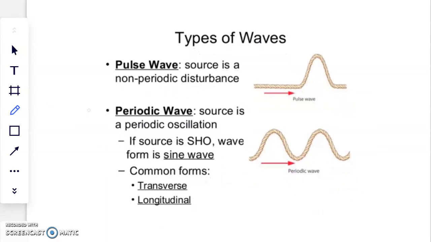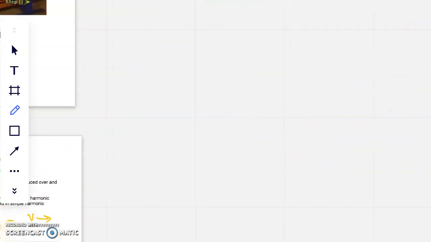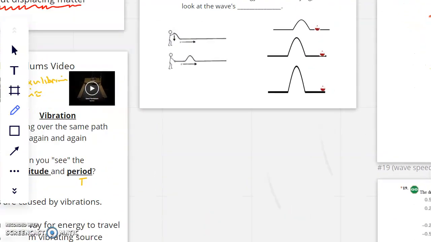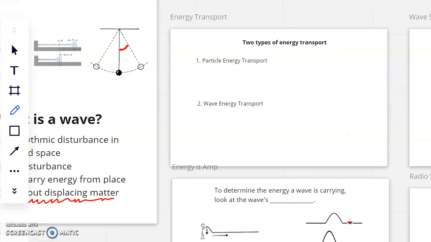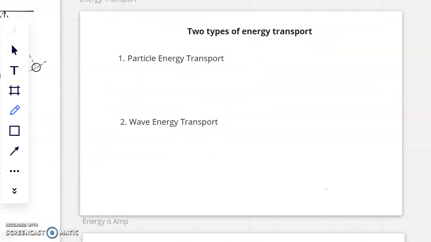Whenever we have just one disturbance traveling through, we call that a wave pulse, which it's common to see. And if we have something that's repetitively making wave pulse, wave pulse, wave pulse, that's when we call it a wave. As I said, there are 2 ways to transport energy, and one's particle energy transport, and one of them is